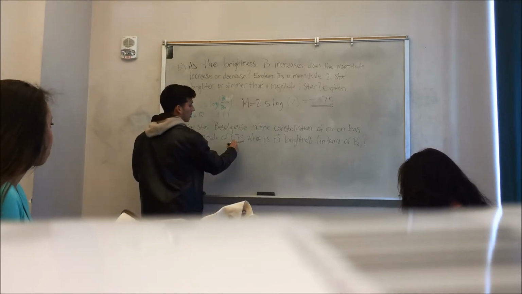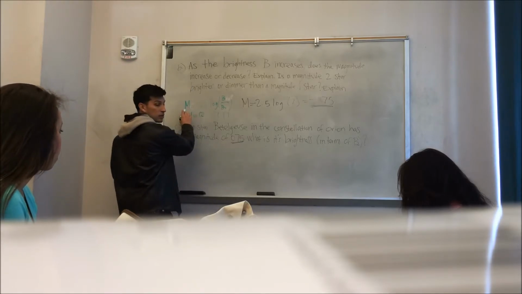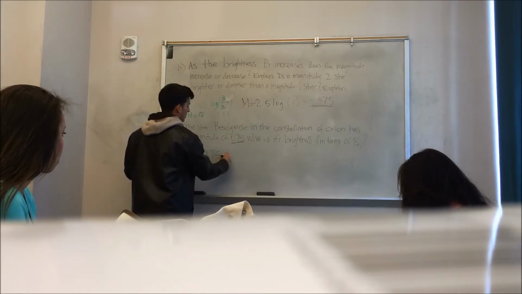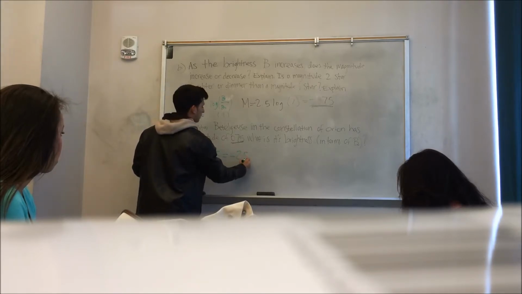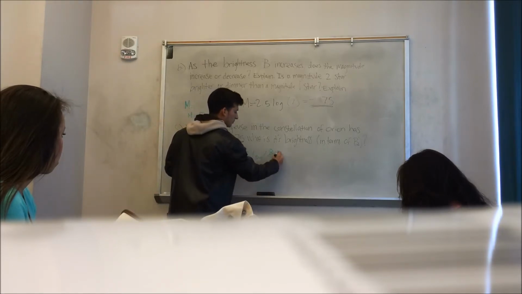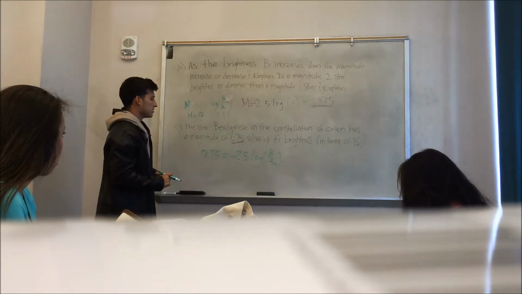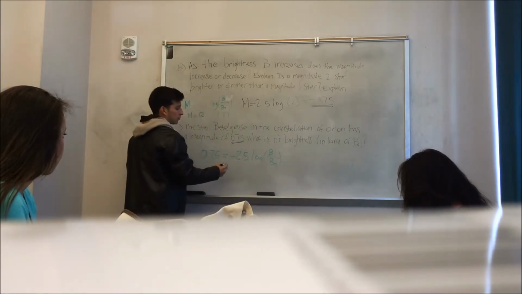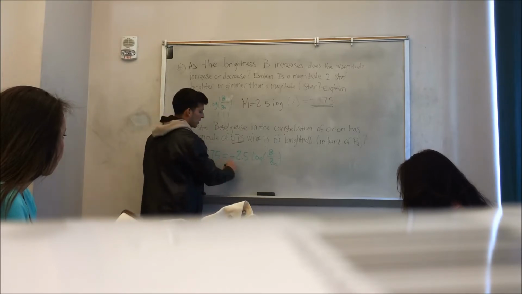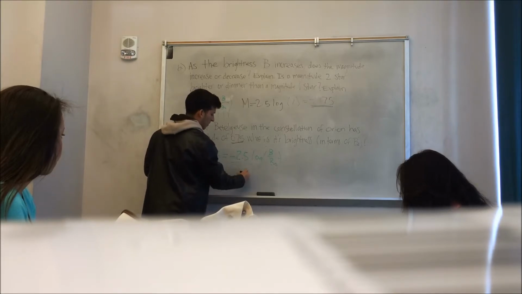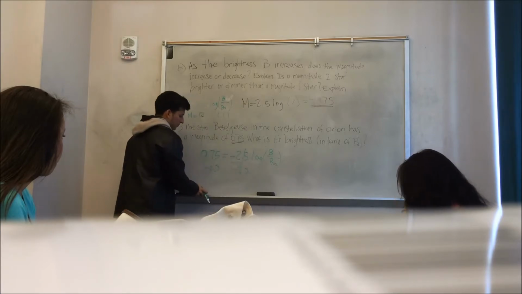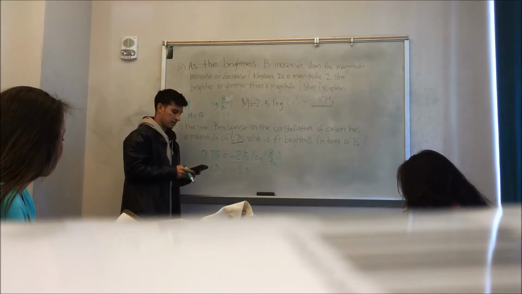So given our new magnitude, we're going to replace it in our original equation. So we're going to put 0.75 equals negative 2.5 log B over B naught. Now in order to find our brightness, we have to get rid of the 2.5. So in order to do that, we have to divide each side by negative 2.5. This is going to cancel out, and if you plug this into the calculator,